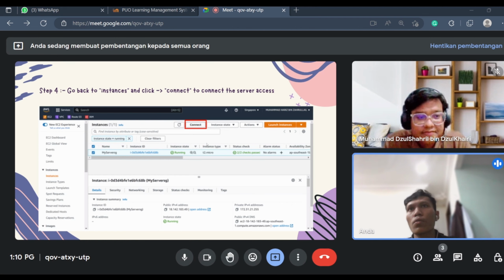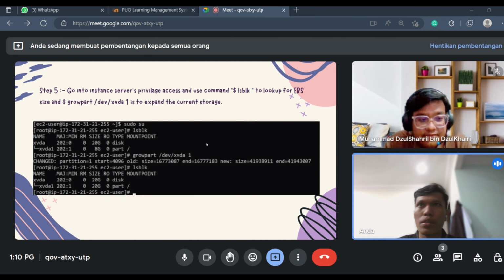And for step 4, we have to go back to the instance and click connect to connect to the server. For this method, I choose the SSH client as my method to access the root. Step 5, I go to the instance server with the access and use the command lsblk to look up the EBS size and volume. And then after we have identified the root and partition that I have, I put a command